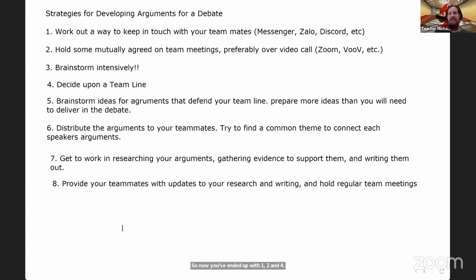The reason it's important to update your teammates is because if your first speaker introduces you and says, our second speaker, Mr. Michael, is going to be talking about arguments 1, 2, and 3, and then you deliver arguments 1, 2, and 4, but you don't mention argument 3, then your first speaker is going to look like he hasn't done his research or his preparation, because they should know what arguments you're going to be delivering. That's why they're telling everyone about it, to get them ready for it. So communicate all of these little updates with your teammates, because what you think might be annoying, silly, or a pain to your teammates,